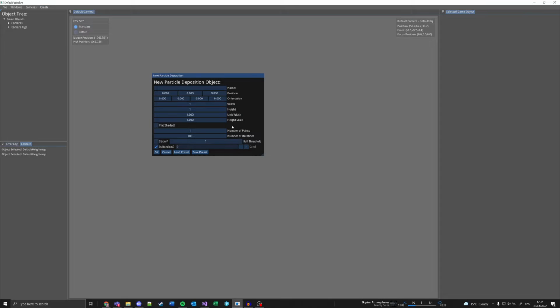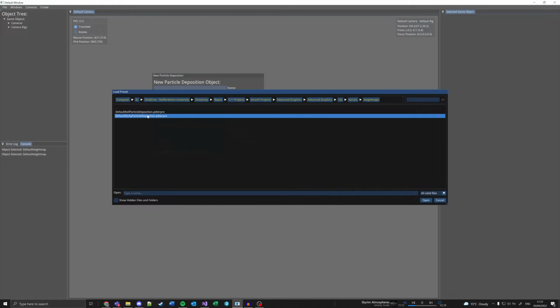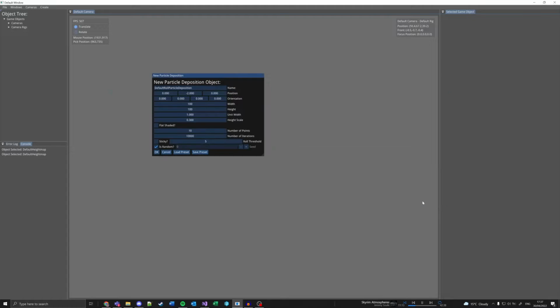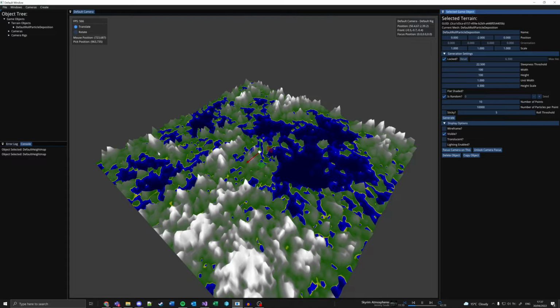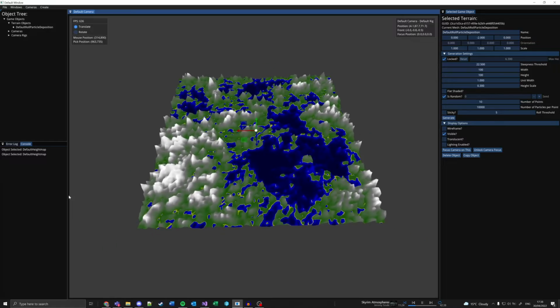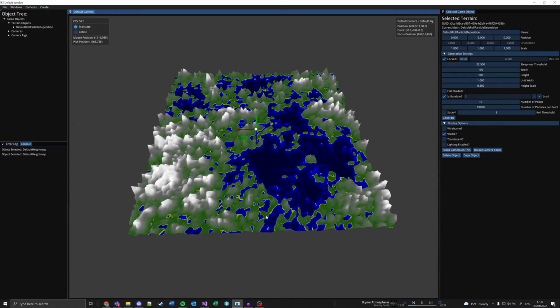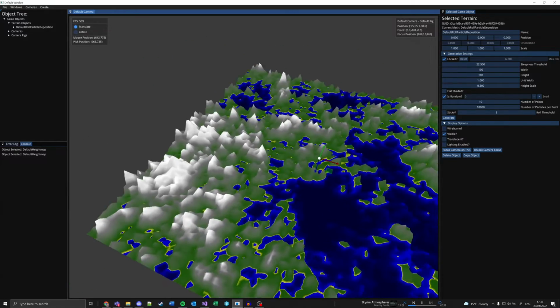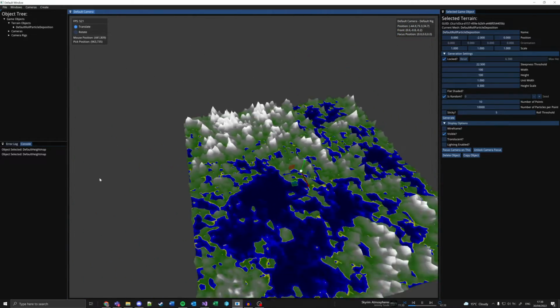particle deposition. Now there's two modes for this, which I've got saved here. There's the roll mode, where particles can roll if the steepness threshold is met, or there is the sticky mode. First, the roll mode. This is using 10,000 particles across 10 different points, so that's a total of 100,000 particles. And the roll mode with a threshold of 5